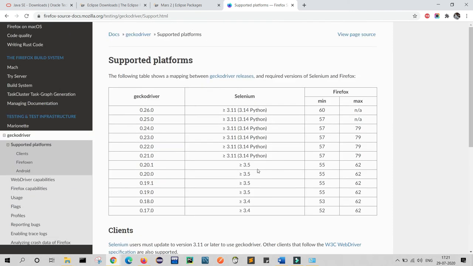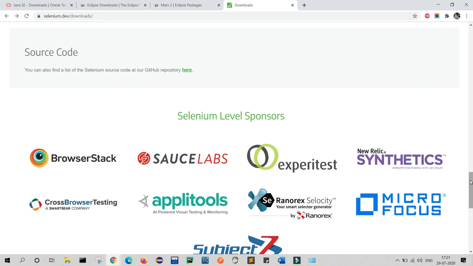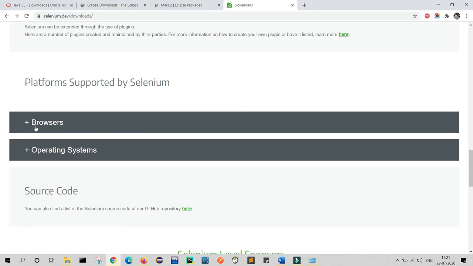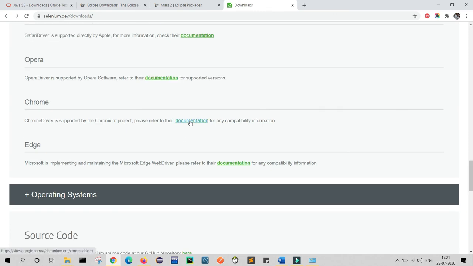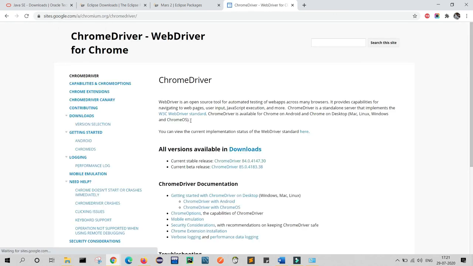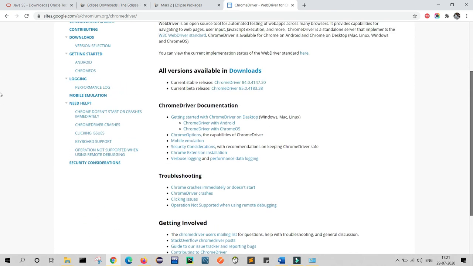This is for Python, this is stable. So whatever you want, just go back. If you want to download for another browser like Google Chrome, just click on documentation. Here, whatever type of browser, whatever type of release you want.